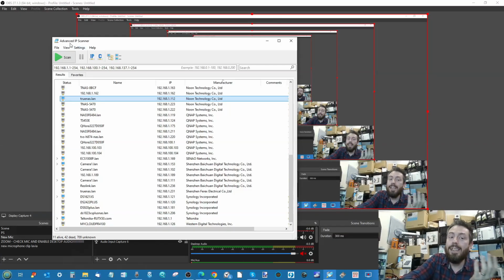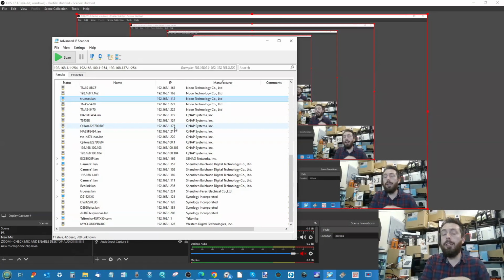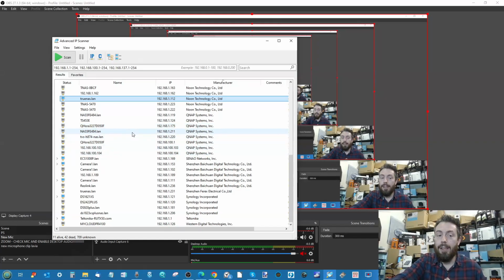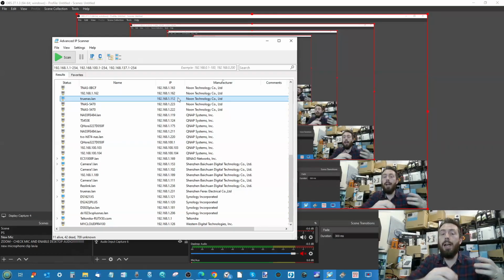So one of the tools that I recommend that you guys check out if you do want to stay on top of your network is to take advantage of Advanced IP Scanner. It's a completely free tool and allows you to scan your existing network, not only for old legacy devices that may have appeared on the network in their original identities, but also devices that are currently active. And as you can see, we've come in at the IP 1112 there, largely because of that domain entry that I mentioned earlier on changing.